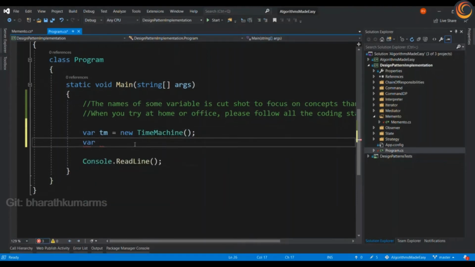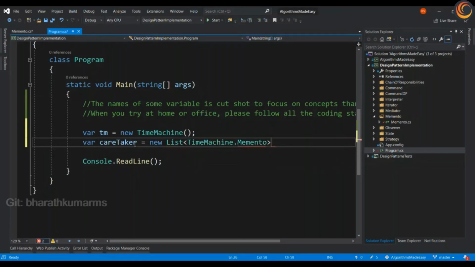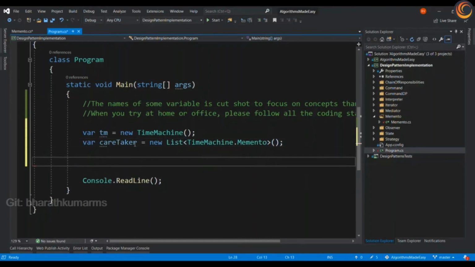A caretaker is nothing but a list of mementos. Okay, now we are all set to create checkpoints.